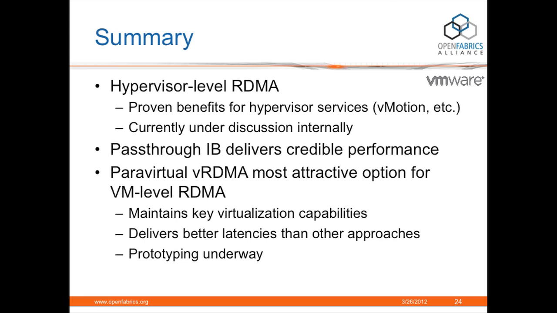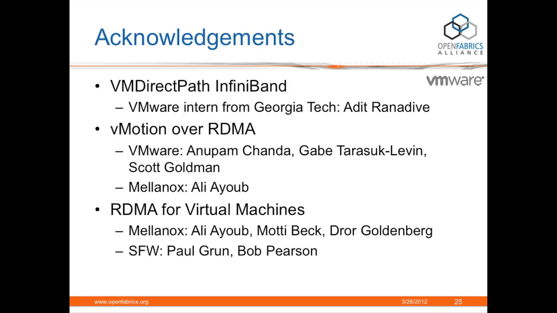So just to wrap up, as you've seen, we've been doing work on hypervisor level RDMA. We've also been looking at the guest and VM level RDMA performance. We think we're delivering reasonably credible performance at this point for many enterprise use cases. We still clearly have work to do for HPC use cases. In terms of going after guest level RDMA, as Bhavesh said, the holy grail for us is really this, as he's calling option F, this paravirtualized or virtualized RDMA device. And that's what Bhavesh is spending most of his time on at this point. So we think we've made some progress, and we hope to be able to report more progress